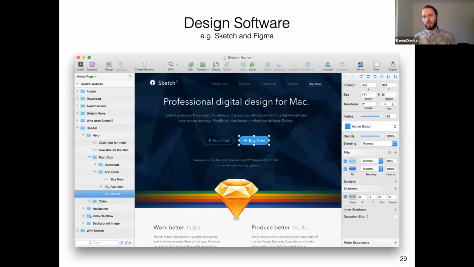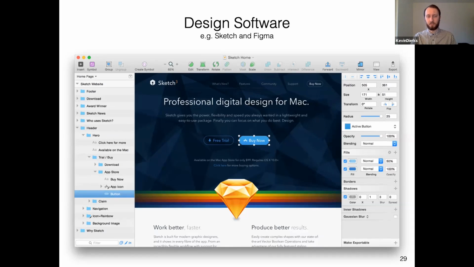When you want to create more sophisticated designs of your mobile app, you can go away from the sketches and use design software. I wrote down Sketch and Figma. I guess you won't be using these today, maybe, and it doesn't have to be this sophisticated. Basically, use whatever you're familiar with. You can use PowerPoint, you can use Keynote, you could even use Paint. It really doesn't make a difference as long as you're creating sophisticated designs. But obviously, the more sophisticated the application, the more sophisticated your designs.